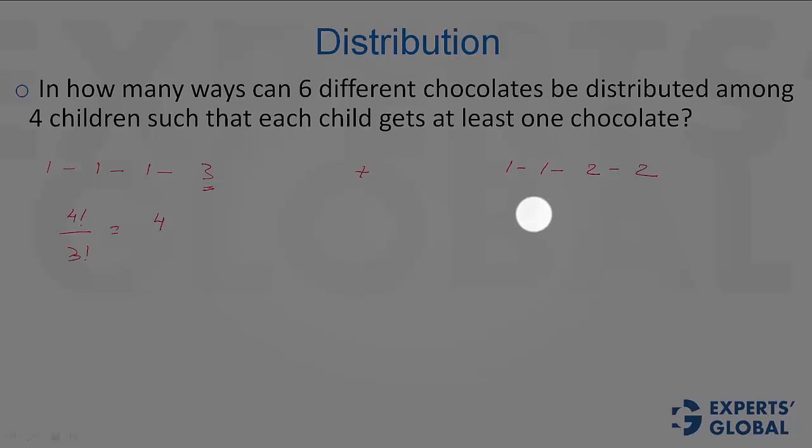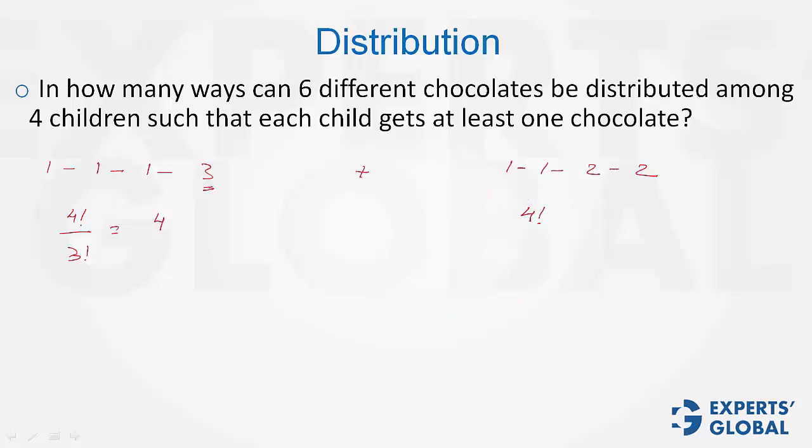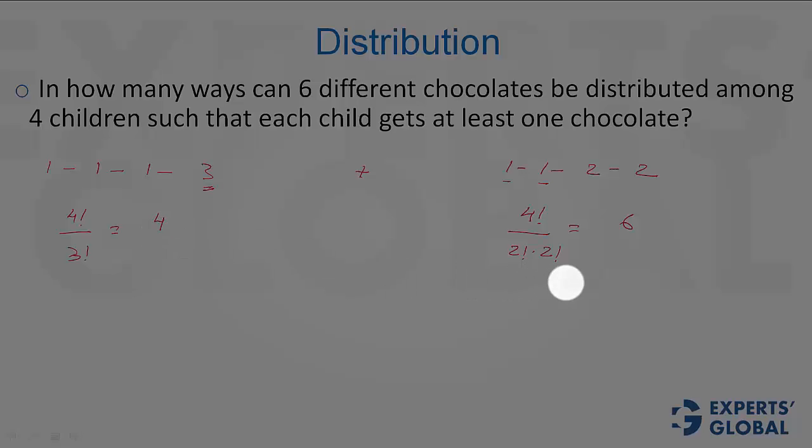I would say intuitively, you have to just select which 1 child will get 3 chocolates. Now in this case, mathematically again, there are 4 children, out of which 2 are similar with 1 chocolate each and 2 with 2 chocolates each. So this is 24 upon 4. This can be done in 6 ways. So children can be selected in 4 ways and 6 ways respectively for the 2 cases.